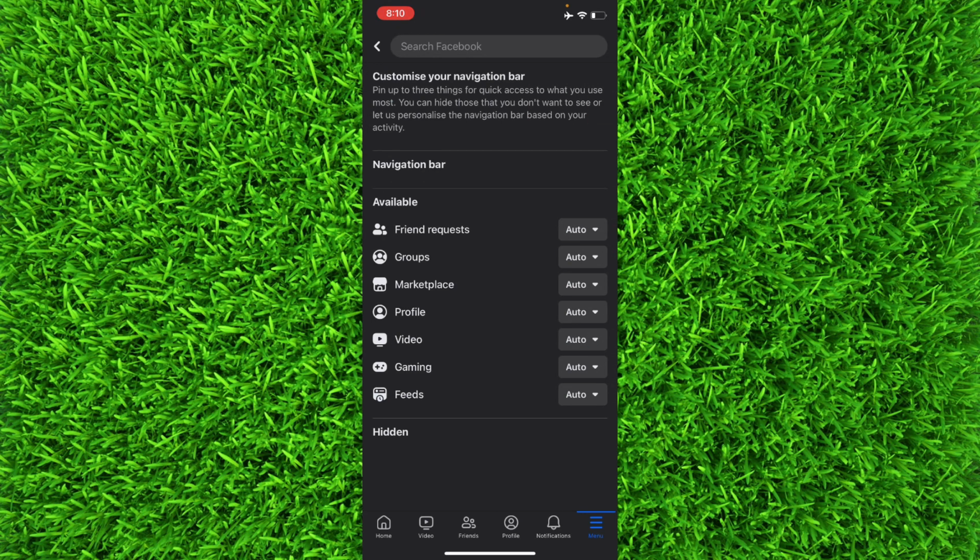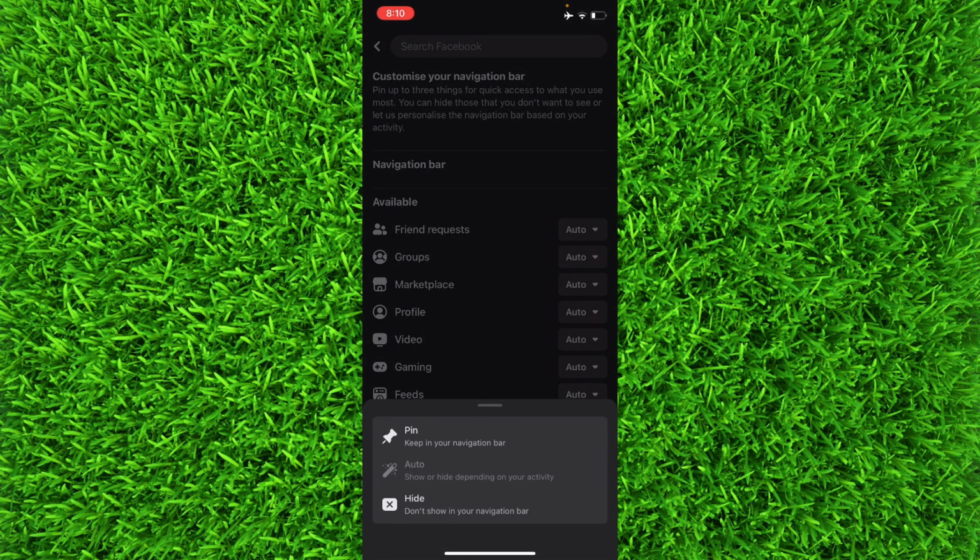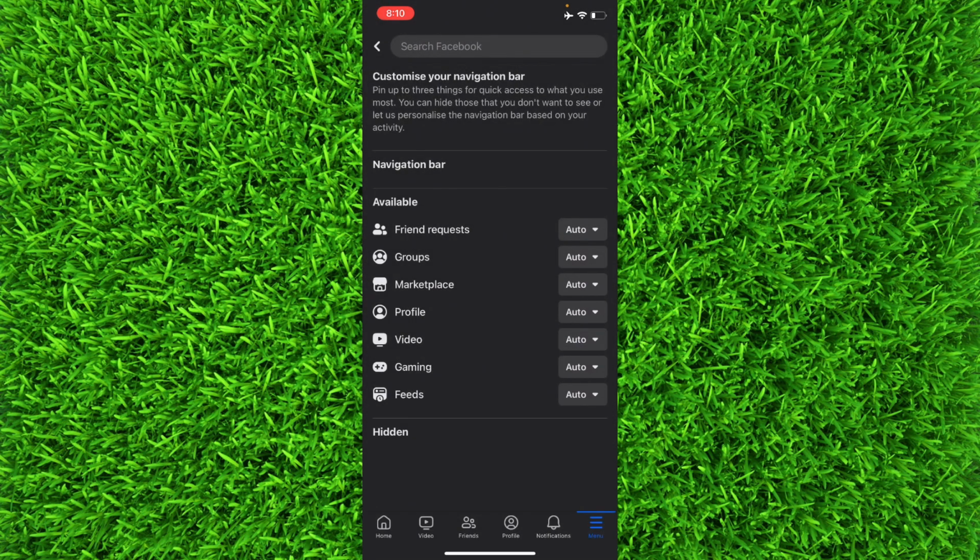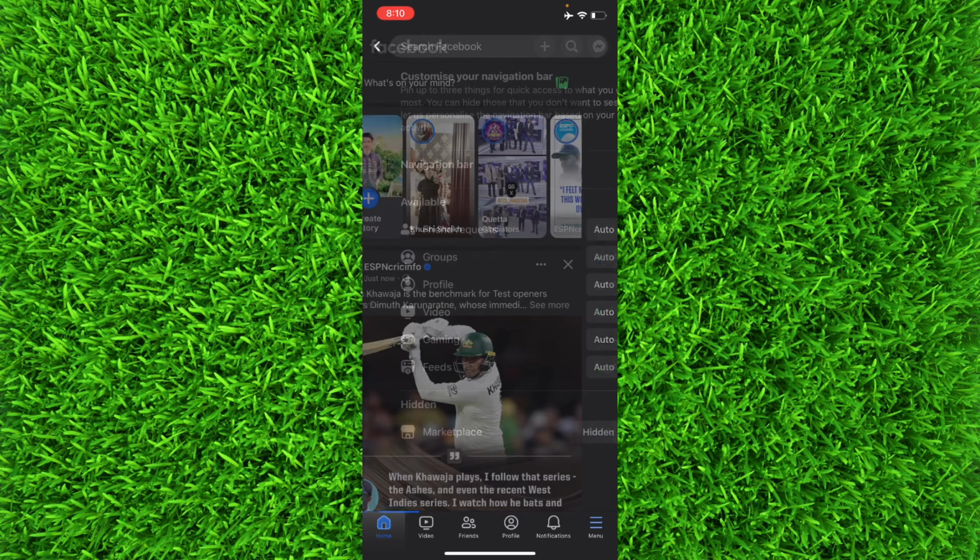And once you're on this page, you'll have to tap on auto next to Marketplace and turn it to hide. Now you'll be able to see that there is no Marketplace in the Facebook app, so your Marketplace will be